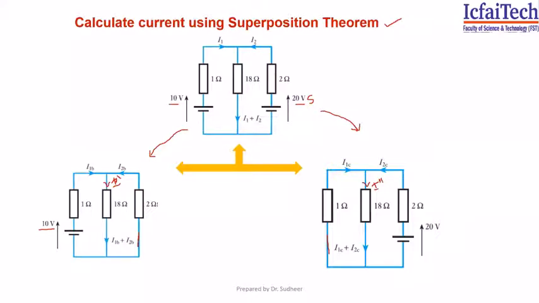Once you get the resultant circuits, use nodal analysis or mesh analysis or KCL, KVL, network reduction, any method, to find out the current through each and every circuit, then the total is equal to the sum of the individual currents. Let us solve this problem. Okay, when you are considering one voltage source, other sources are replaced with internal resistance. Because it is a voltage source, we are replacing it with short circuit. If it is a current source, we would do open circuit.